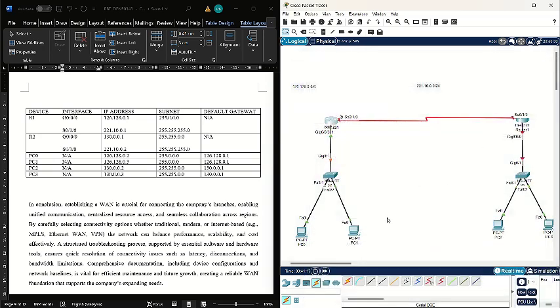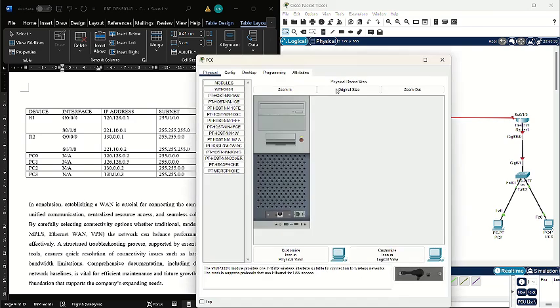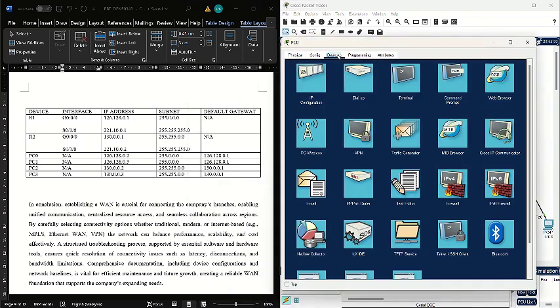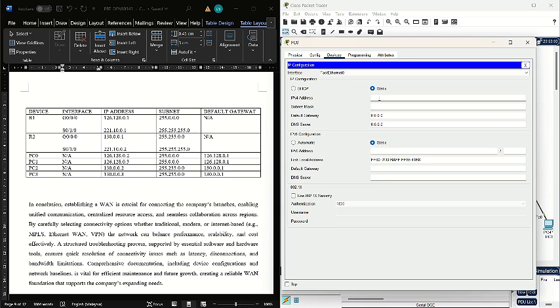After that, we set the IP for PC0 to 126.128.0.2. Enter. The default gateway is 126.128.0.1,